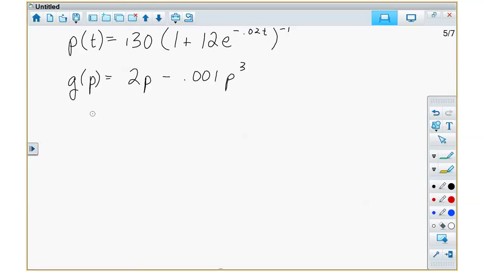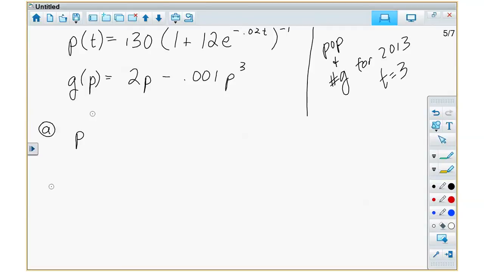And in our problem that we're doing today, it's asking for the population and the number of garbage trucks according to the population for 2013. So that would mean T is equal to 3. So T would go into this, and then what you get for P, you plug into this. So P of 3, so this is